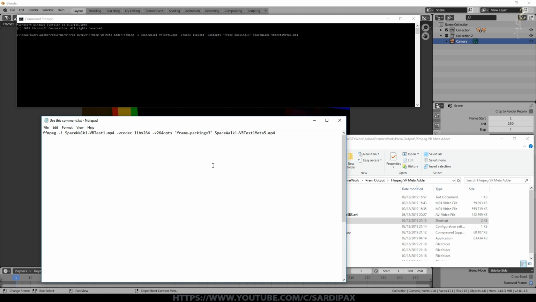Equals 4 is a top-bottom video, but like I said, even though I tried it with that, YouTube just never seemed to recognize it. Just 3D just didn't work using that, at least with my videos. Maybe I was doing something wrong, but I did spend quite a bit of time trying to research it. So that tells the program what kind of video it is. So it's telling it it's a side-by-side video.